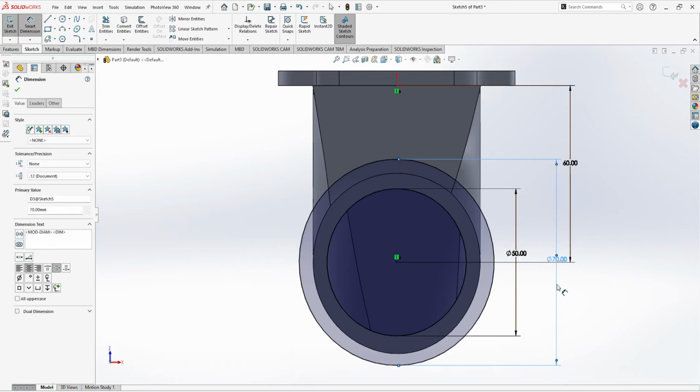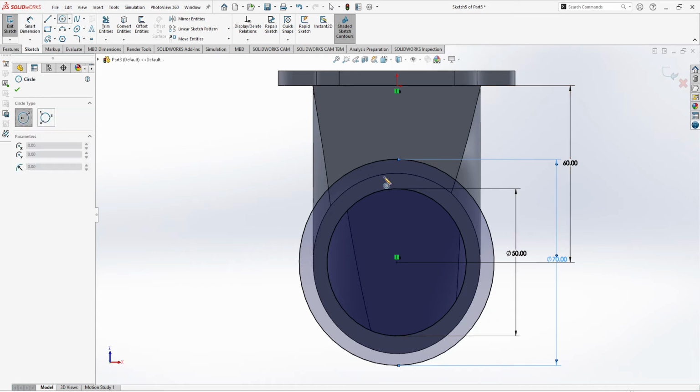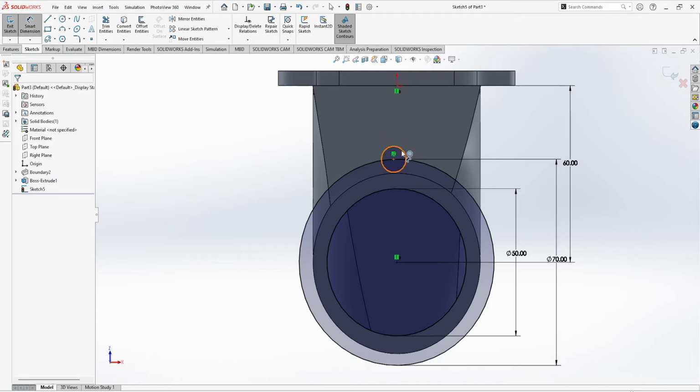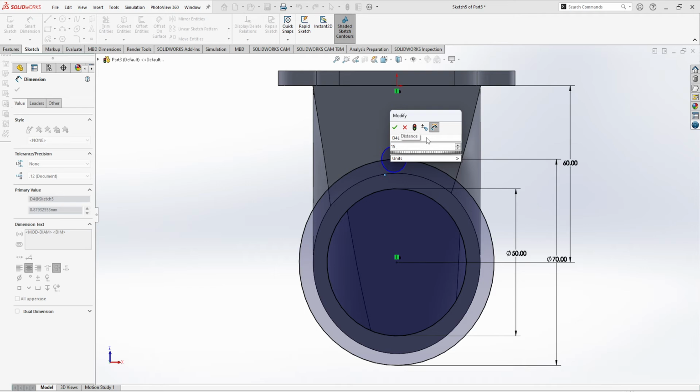Okay, now what we are going to do, we are going to draw a circle over here of dimension 15 mm. Okay, 15 mm,